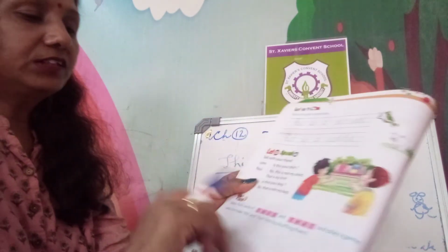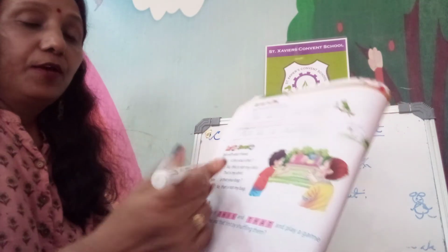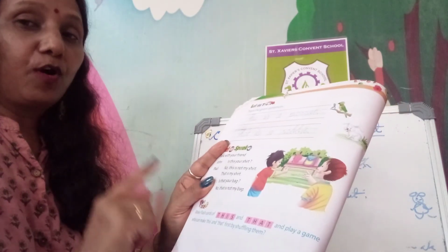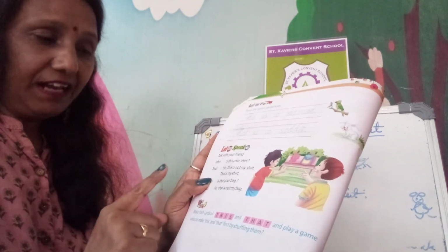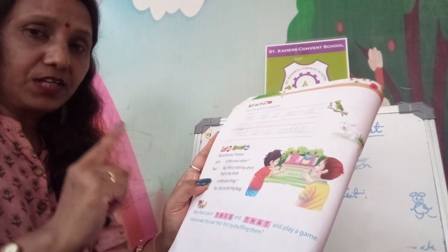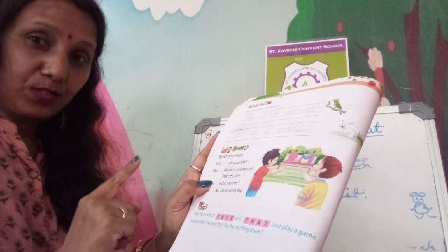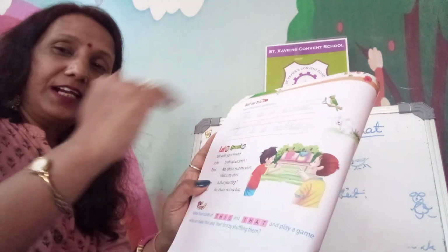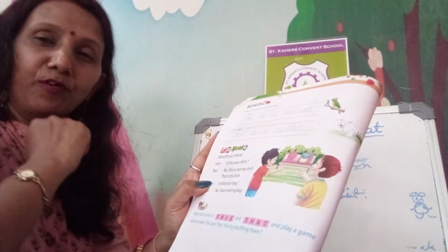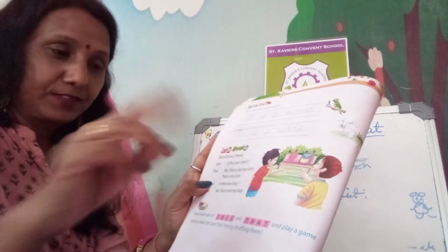Now here dialogues are there. We have to just discuss and talk about them. You must talk with your family members in English. Try talking in English with your neighborhood also. If they are not very near, say on one roof and another roof, they can talk from a distance of 2 meters.